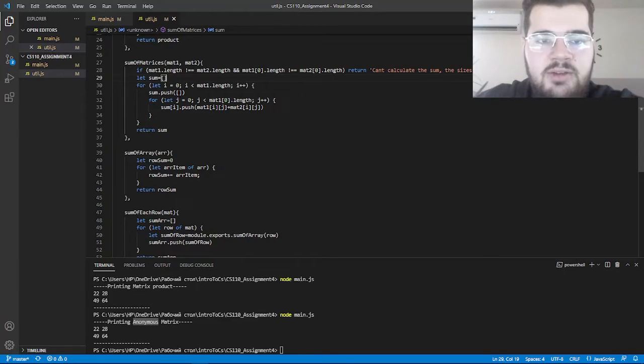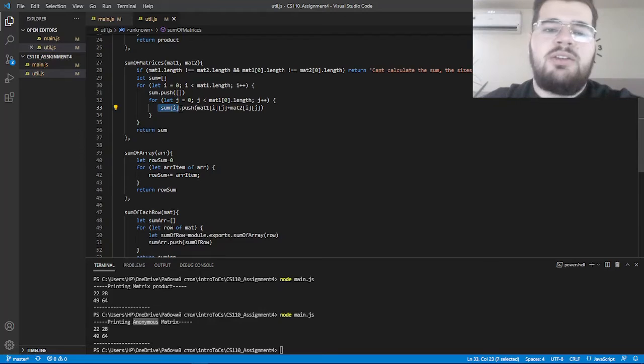It adds arrays, rows of the same quantity, in the sum matrix, and then after adding a row it iterates over the row of the first matrix and adds in the corresponding row of the sum matrix